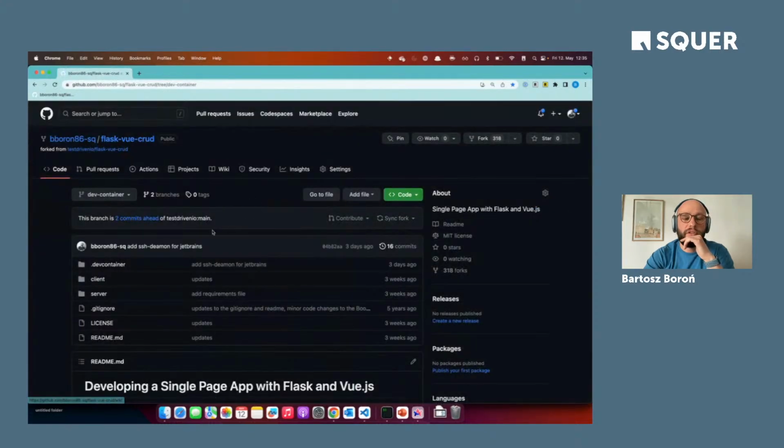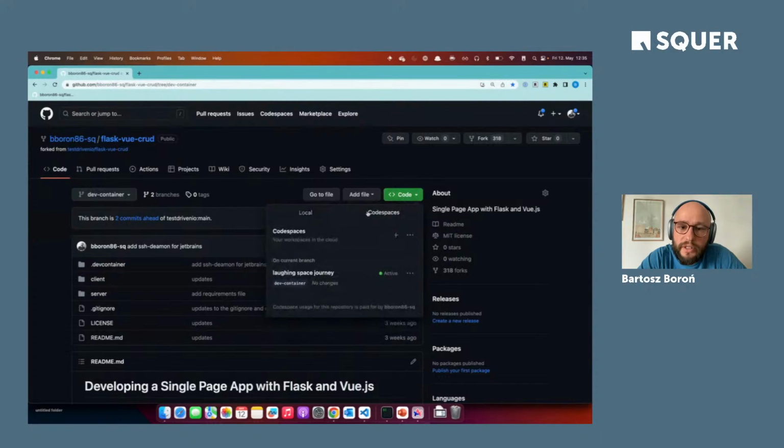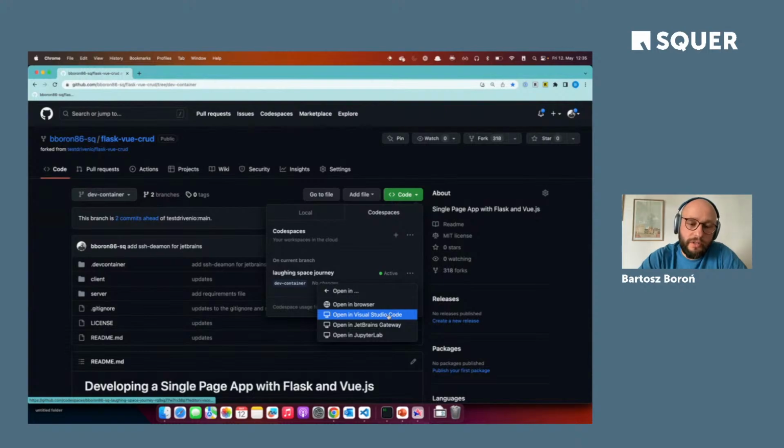So I go to the repository we just initialized. There's this code button you probably already know, and then there's the Codespaces tab where we see a new Codespace running, which I can connect to actually. So if I click on it, I can open it in Visual Studio Code, which would again spin up Visual Studio Code locally and connect to the container.